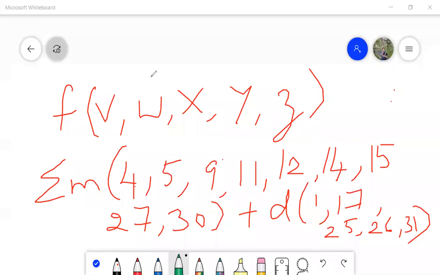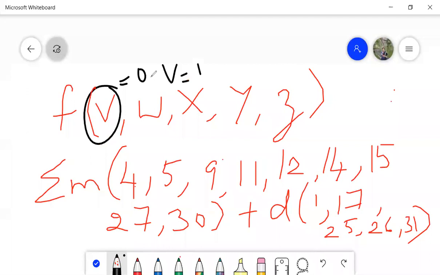Now to solve this using 5 variable K-map, let us see what is common in the 5 variable K-map. Now in this 5 variable K-map, this V can be taken as common. V is equal to 0, V is equal to 1. Now if you leave this V, remaining what are the variables? W, X, Y and Z, which is similar to a 4 variable K-map. So let us see how to represent this 5 variable K-map.